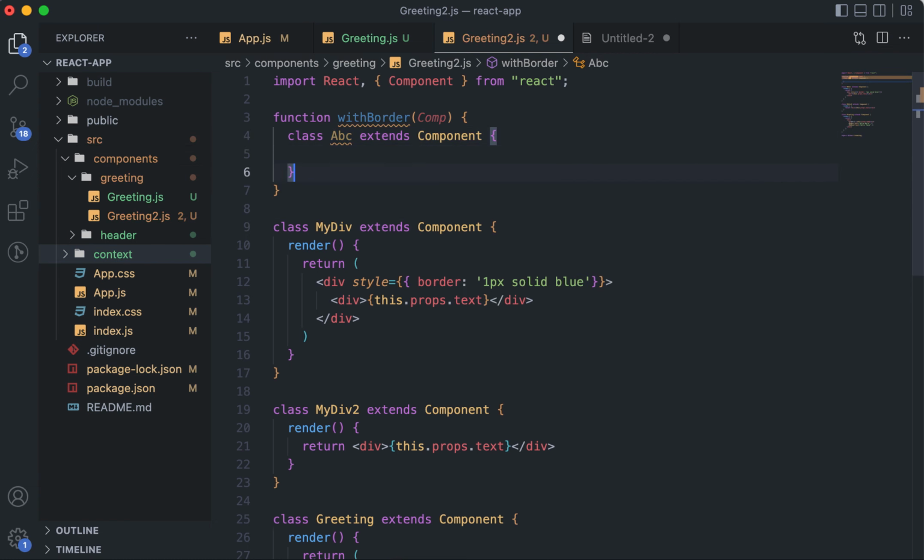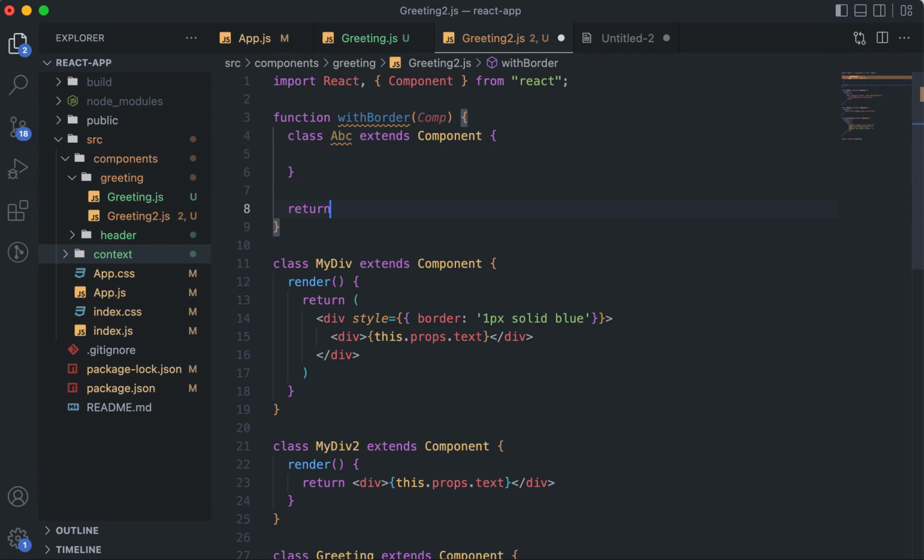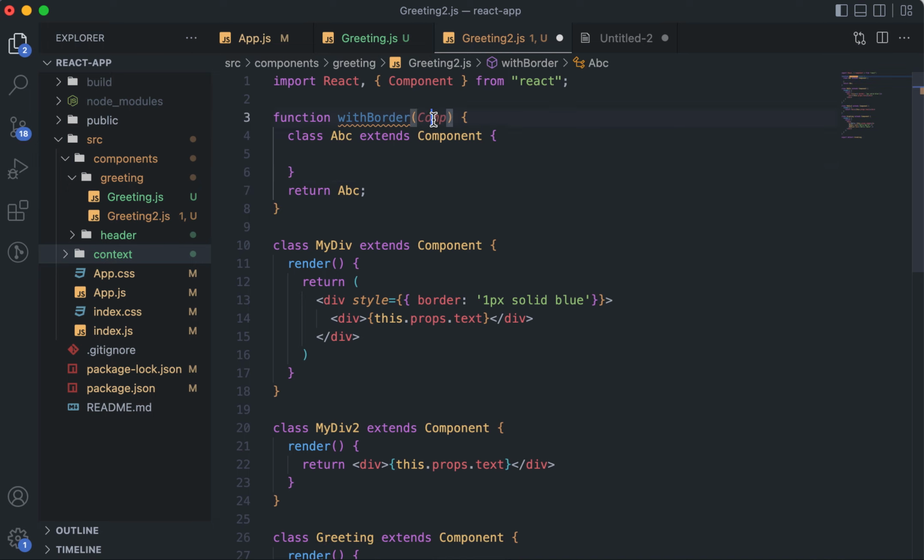So I have created a component, right? And then you return this component. Okay, plain and simple. So this is a function which takes a component as input and returns a component as the output. So this is the basic structure. Okay, now you might be thinking, what am I going to do with this input component? You can use it in any way which you want. So let's say render, inside render, you can